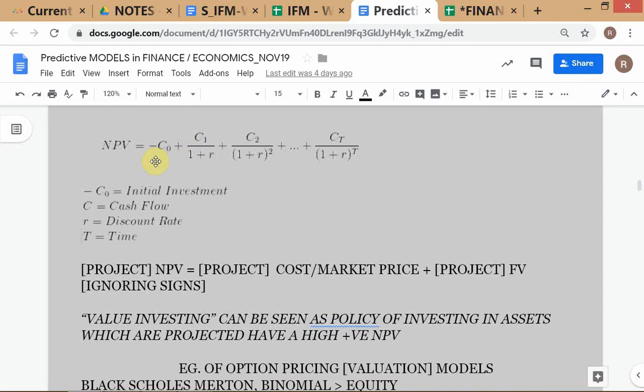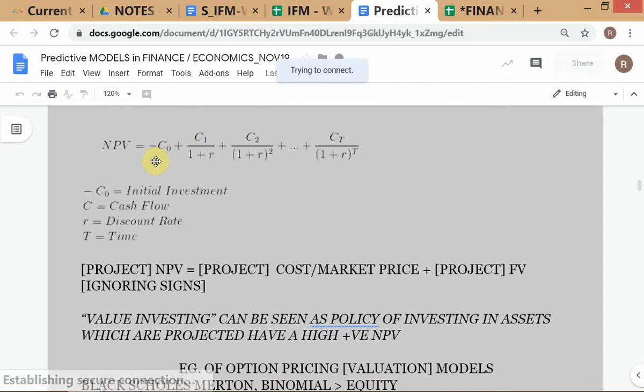Is it a little clearer, Sakshi? Now you are buying it from someone. So it may not be a market price in the sense that this is a market price. Now we have lost our